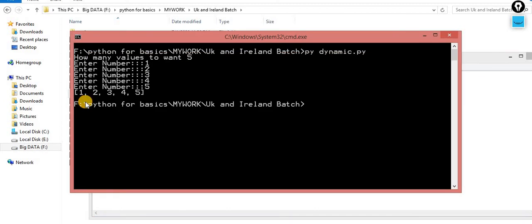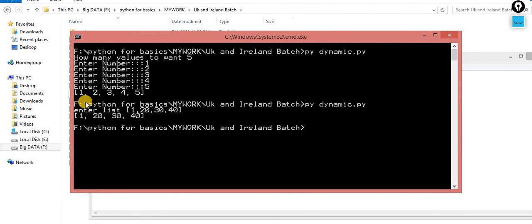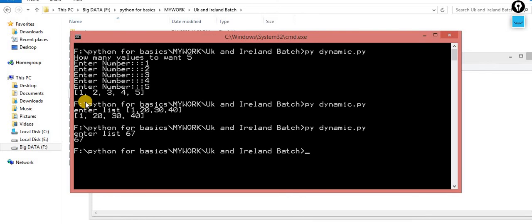This time I am taking the help of the eval method. Whenever you want to enter a list, you have to give the complete syntax for the list. Now this becomes the list. When I enter, let's suppose, 67, this becomes an integer, because this is the concept of the eval method.